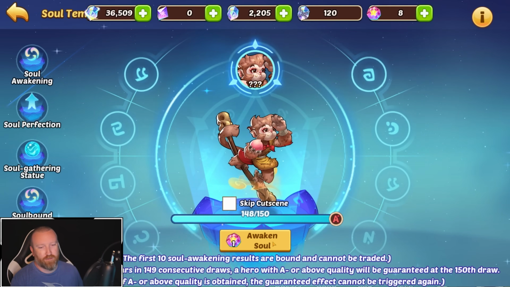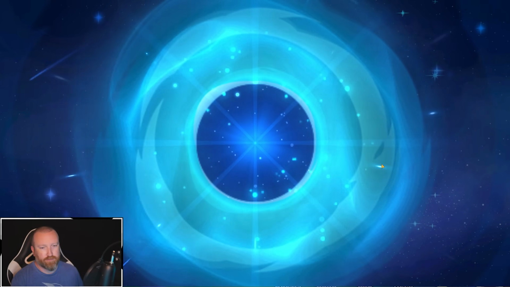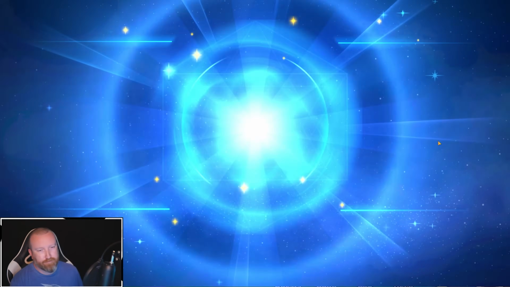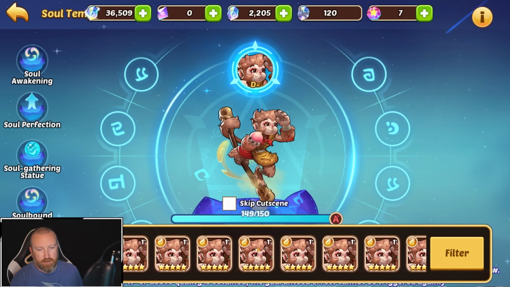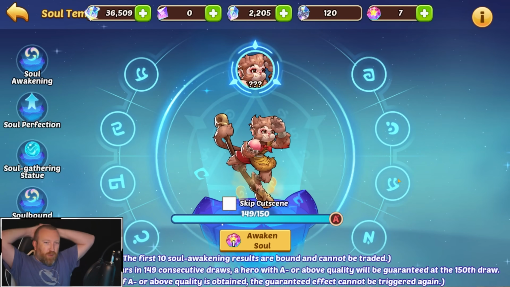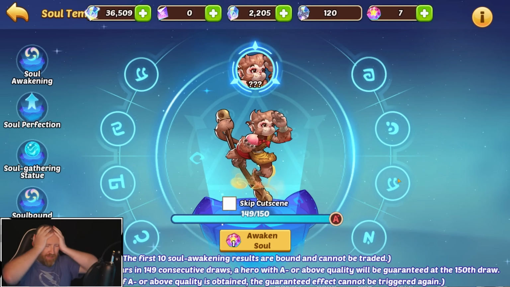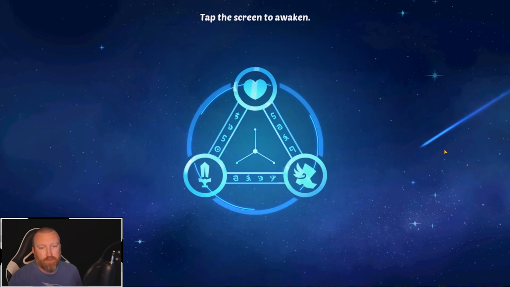On to 148. Yellow. All right, to be expected here. Wait, does that mean we did 149 and this is 150? I think this is 150 right here. Oh, man. Okay. So,